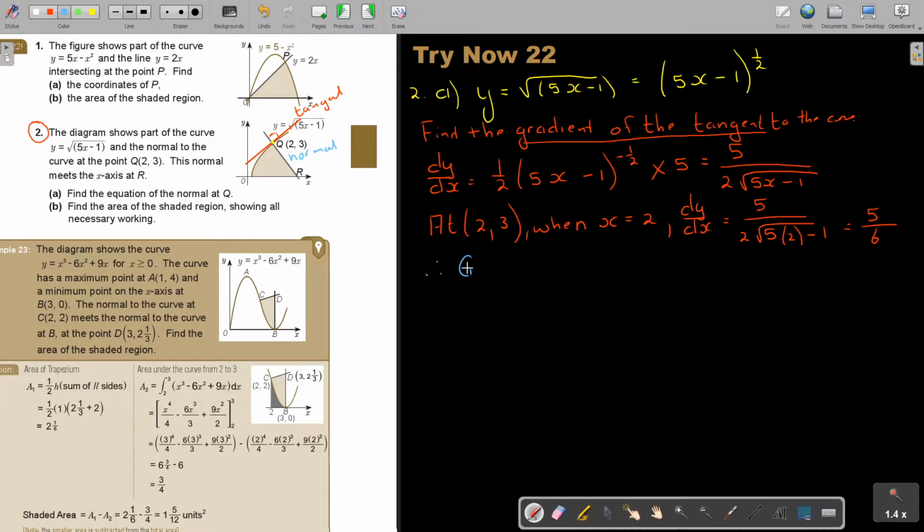Therefore, the gradient of the normal at Q is negative 6 over 5. Okay, so the equation of the normal